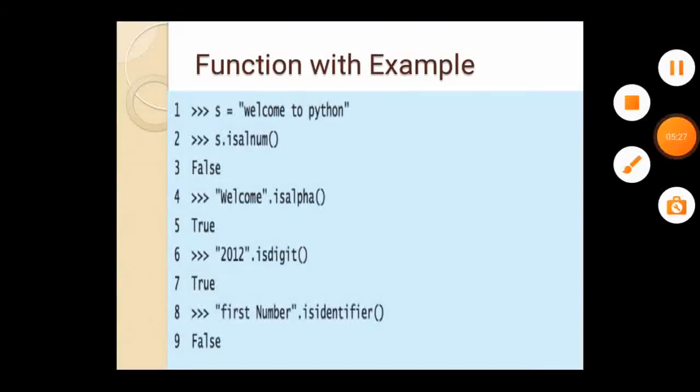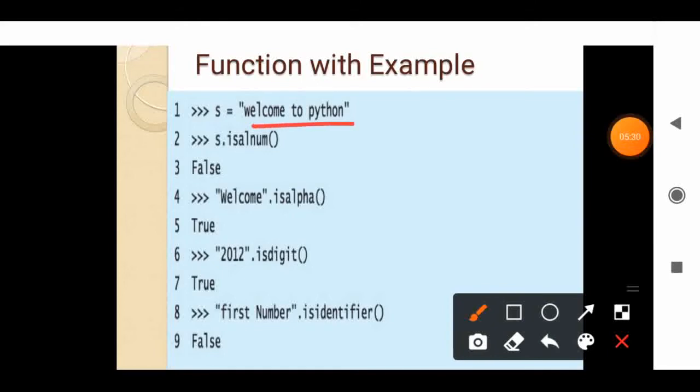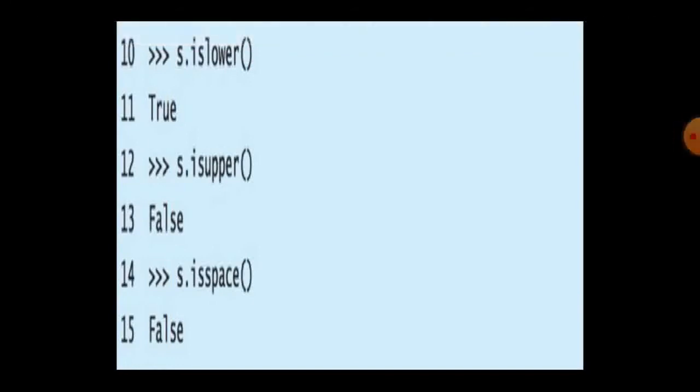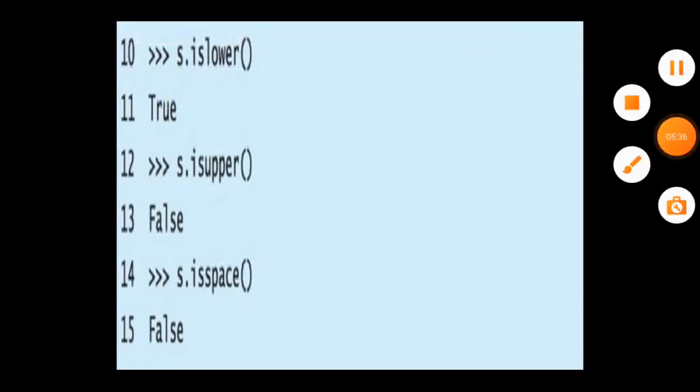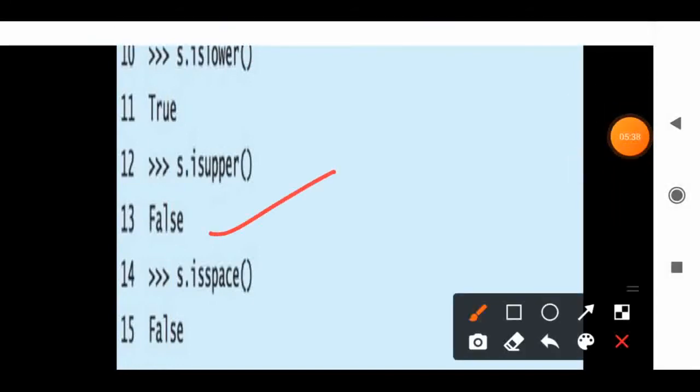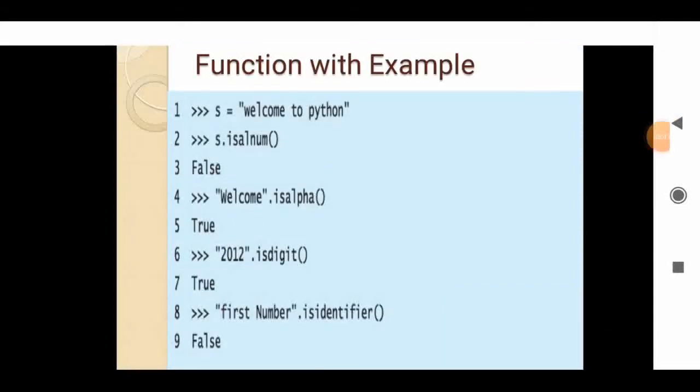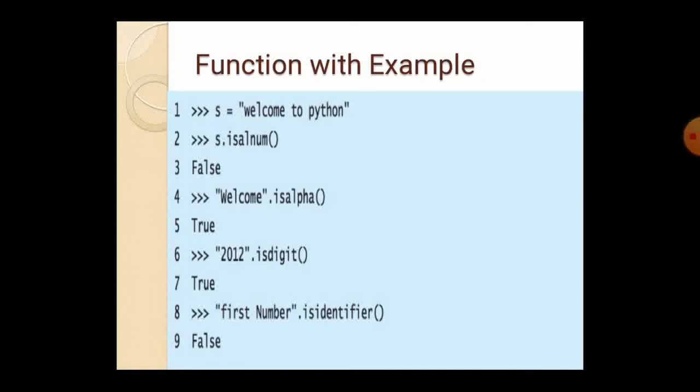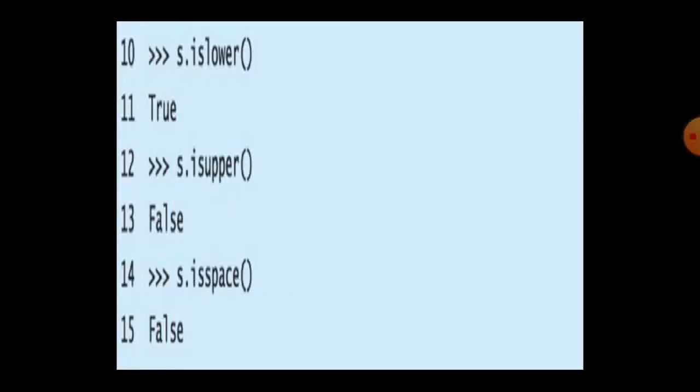What is the s value? "welcome to Python". Are all characters in uppercase? No, so the isupper function returns false. Then s.isspace: does the string contain only white space? No, so it returns false.